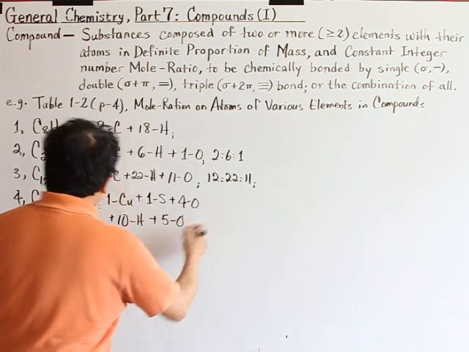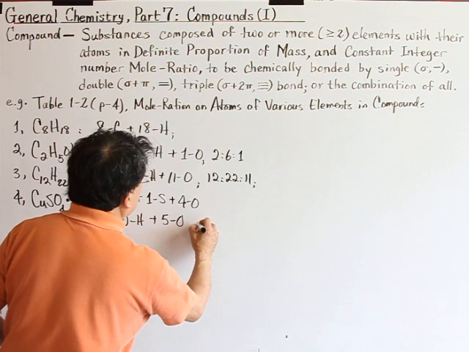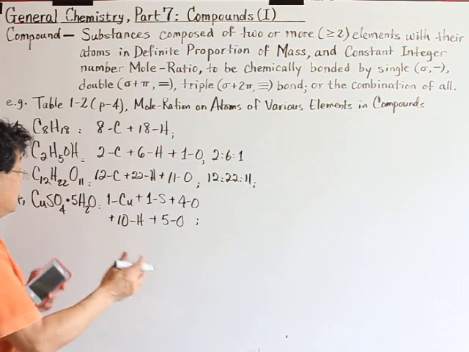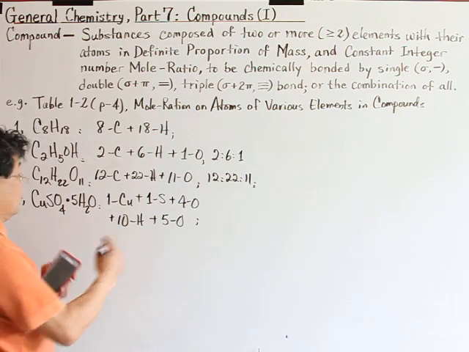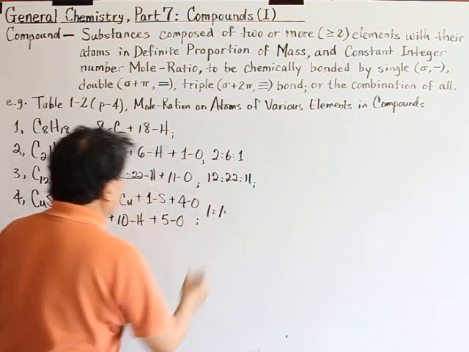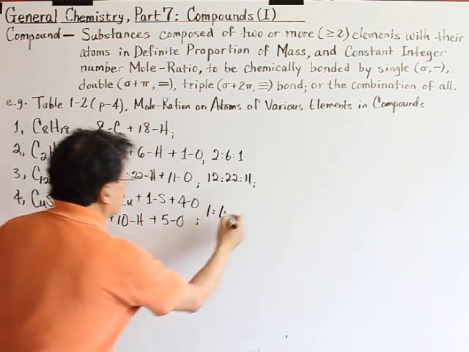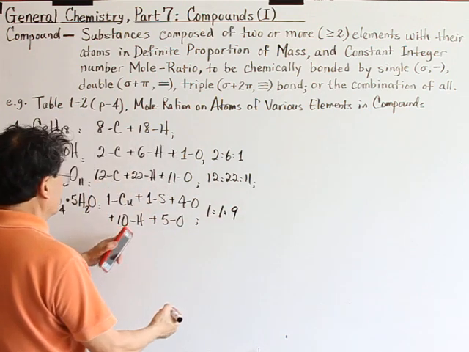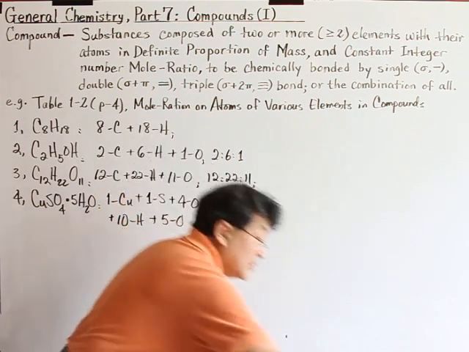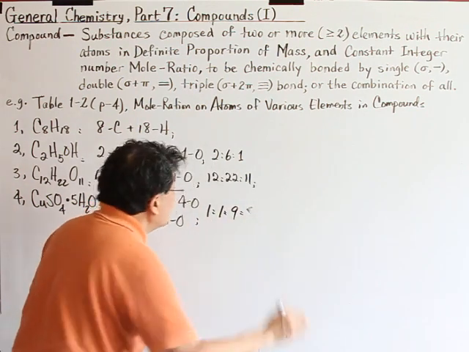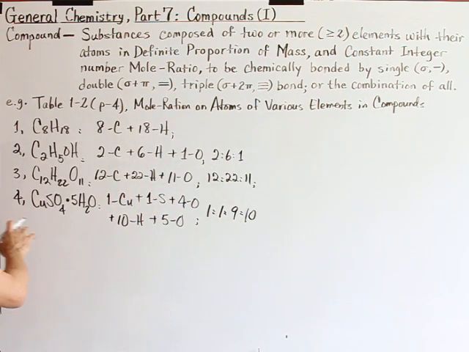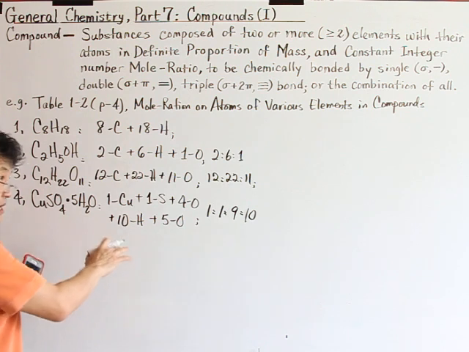So if you talk about the pentahydrate, it will have the number of atoms in an integer ratio. The ratio is going to be 1 to 1 to 9 oxygen to 10. Is that correct? 10, yeah. Oh, sorry, 10 hydrogen, right? But if you talk about 1 mole of this compound,